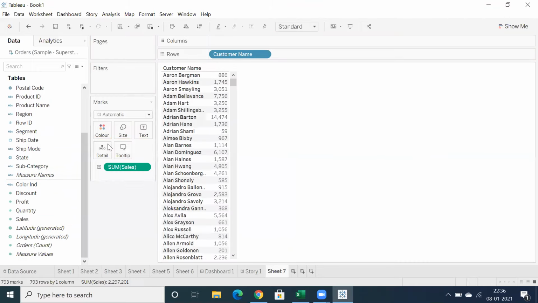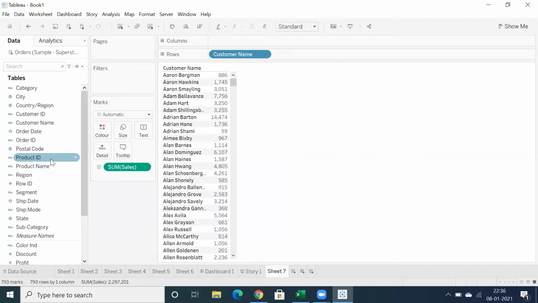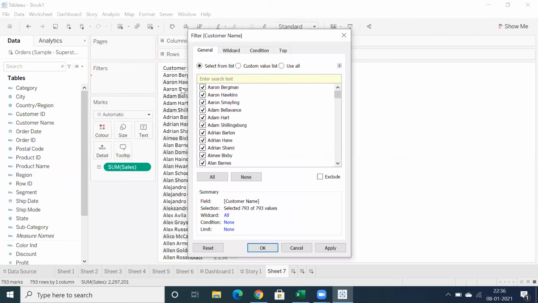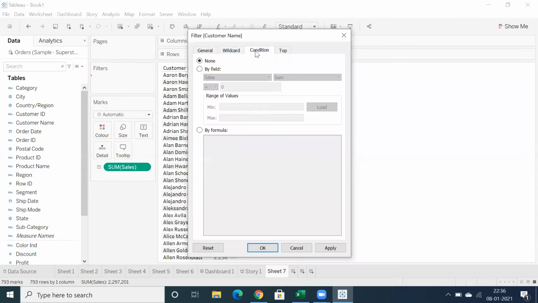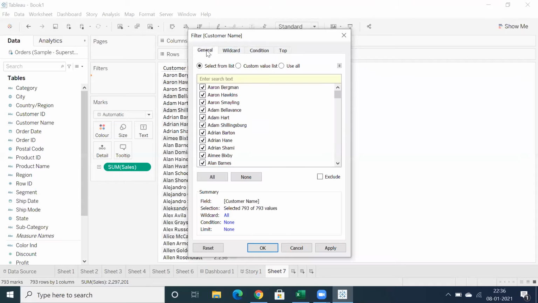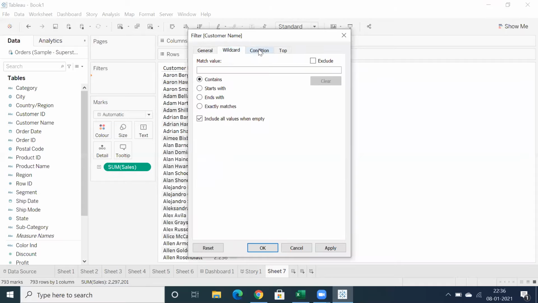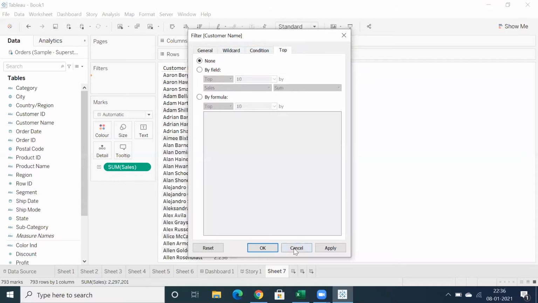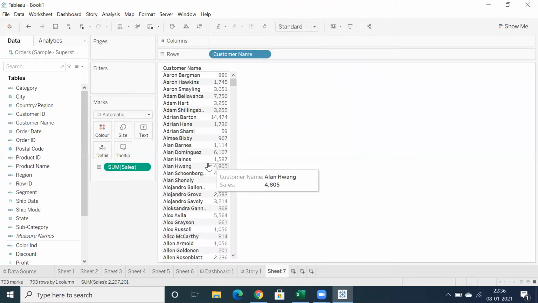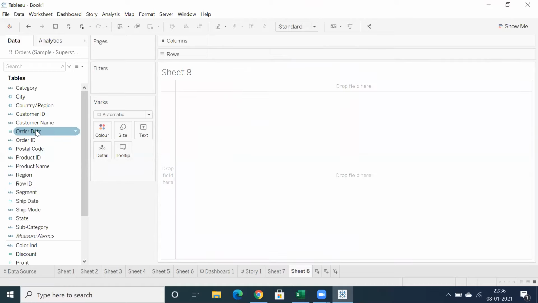And we have different topics like filters. Let's say I want to showcase top 10 customers. You can drag and drop customer name into filter, and we have different options here. So this is where we have each and every topic segregated. We have multiple topics like filters, hierarchies, like parent and child relationship kind of functionality. Let's say you have order date, actual data for order date.